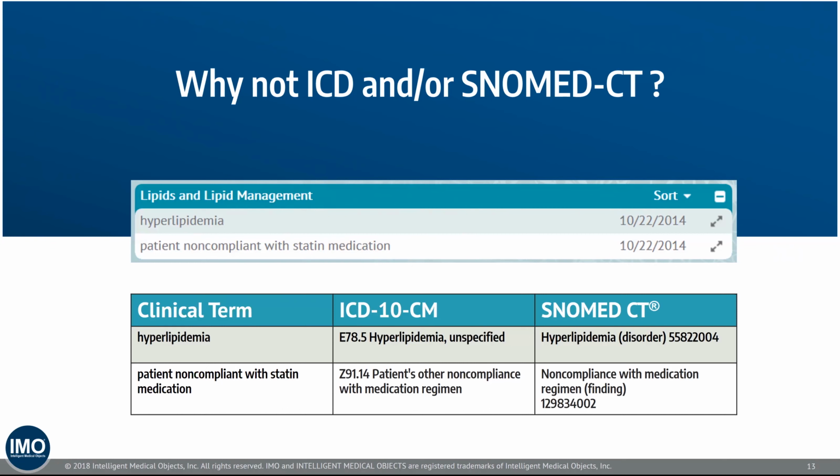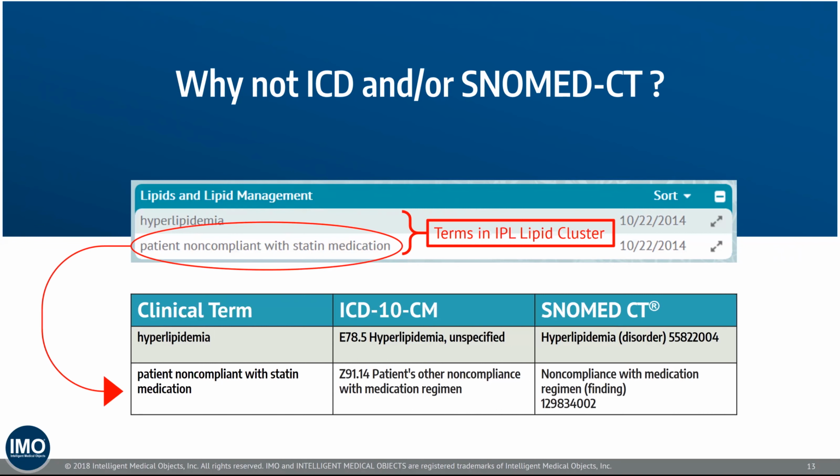The first problem, hyperlipidemia, as you see at the bottom, both SNOMED and ICD have a term for it, not a problem. The second one, however, patient non-compliant with statin medication. Many of you will recognize that as a response to some of the meaningful use CQM reporting. Why aren't you having this person with high cholesterol on a statin medication? It's important to document why. Well, if you look at the SNOMED and ICD description, you'll see that non-compliance with medication regimen is really the closest either one of those two codes can come. That would not put it in a lipid category. So that's just one example of why ICD and particularly SNOMED, which are very, very good at what they do, were not meant to do this.